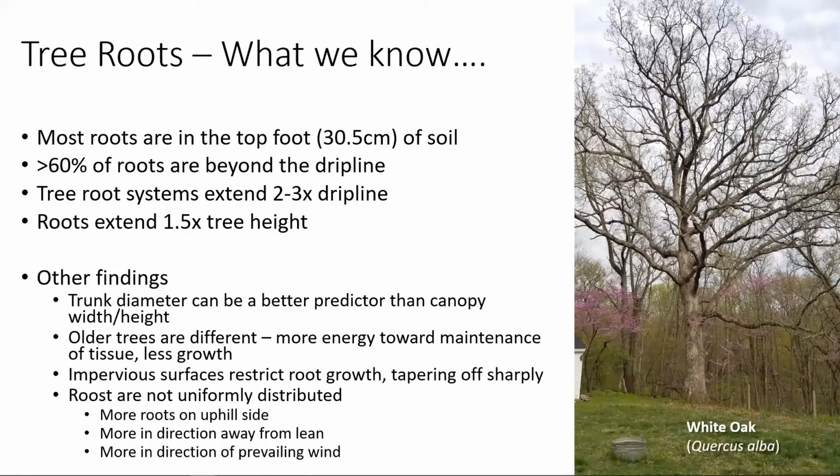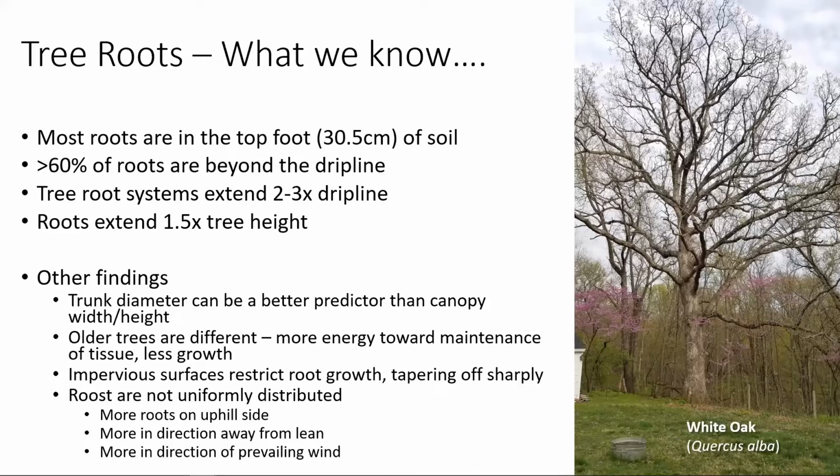So let's talk a little bit about what we know about roots. Well, we know that a lot of them are very shallow, in that top foot of the soil or so, and a lot of them extend beyond the drip line of the plant. Root systems have been measured to be 2 to 3 times the drip line of the tree, or the spread of the canopy. There have also been other ways that we've tried to quantify the size of those root systems, with tree height, or under other findings here, some studies have found that the diameter of the plant is a better predictor than the canopy width of the size of root system that a healthy tree would have.